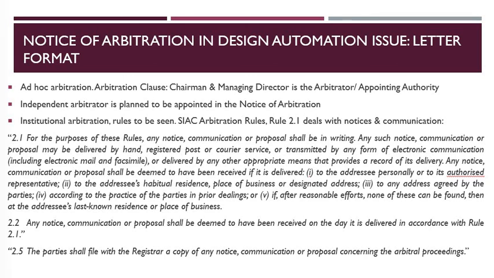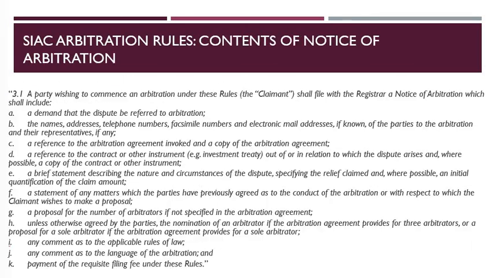Rule 3 concerns the notice of arbitration specifically. It is lengthy, but we quote it. A party wishing to commence arbitration under these rules, the claimant, shall file with the registrar a notice of arbitration which shall include: a. a demand that the dispute be referred to arbitration; b. the names, addresses, telephone numbers, facsimile numbers, and electronic mail addresses, if known, of the parties to the arbitration and their representatives, if any;